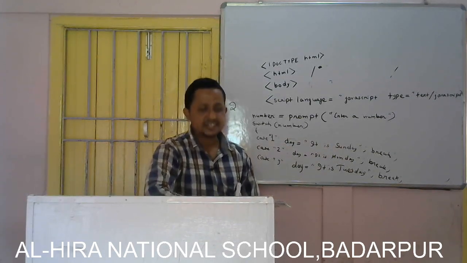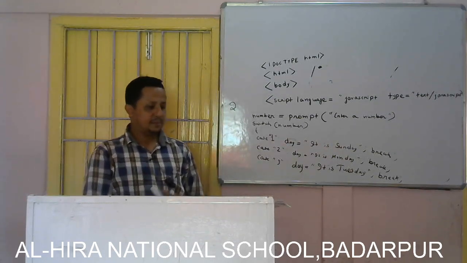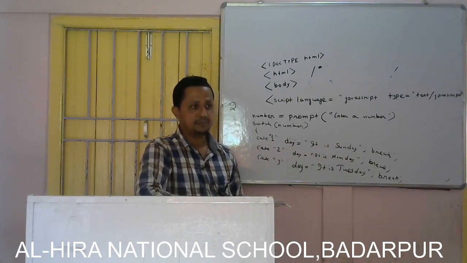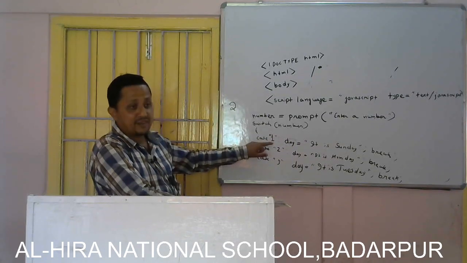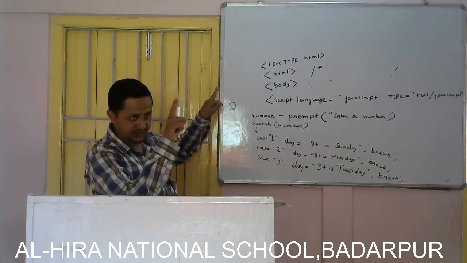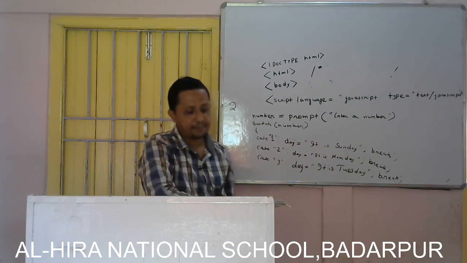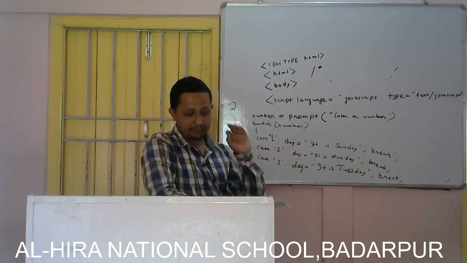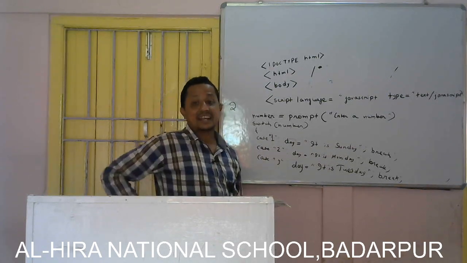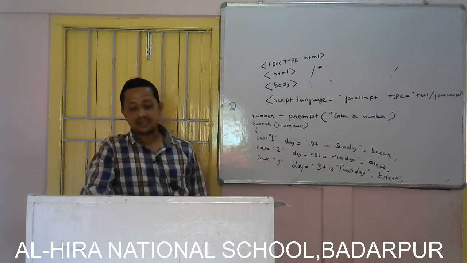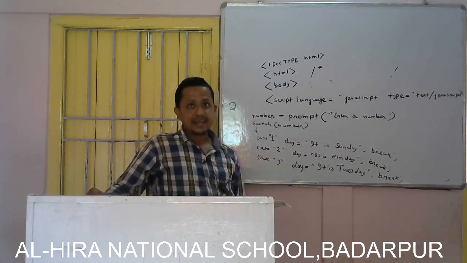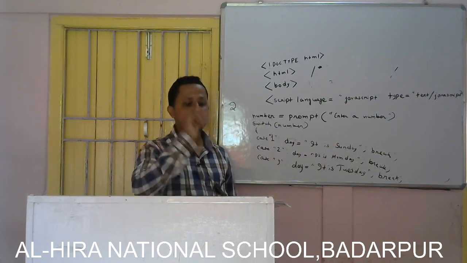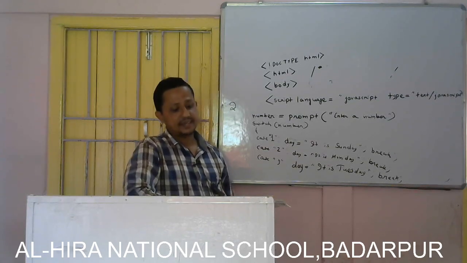Now there are some limitations of the switch statement. The limitations are: the case label cannot be a variable. We always should give it between double inverted commas. For example, case n, where n is a variable, or number 2. Also, the case label cannot be a range. So these are two of the limitations of the switch statement.